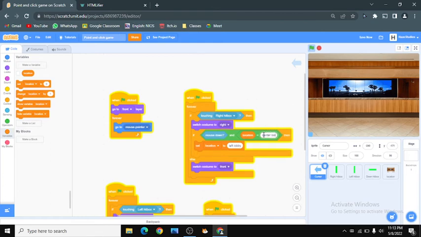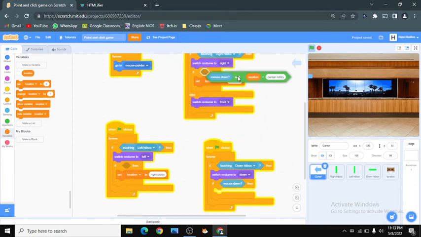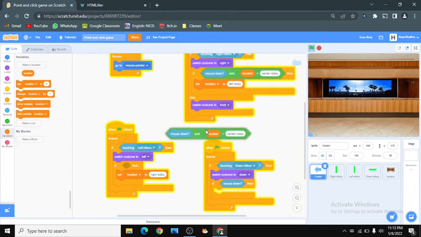Or is it central lobby? Yeah, central lobby. So you always have to get your naming perfect, because even if it's slightly off, Scratch won't understand that. That's why you have to keep it in the right name, or else you get something called a syntax error or whatever that is. I actually don't know that.